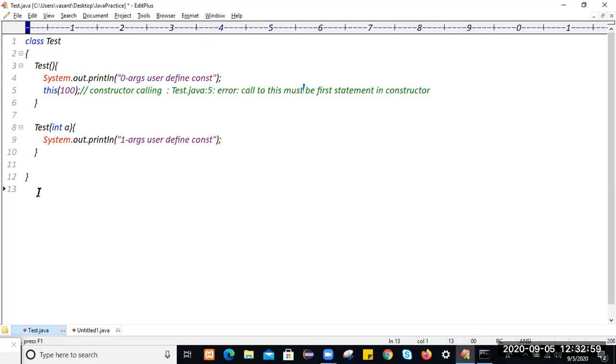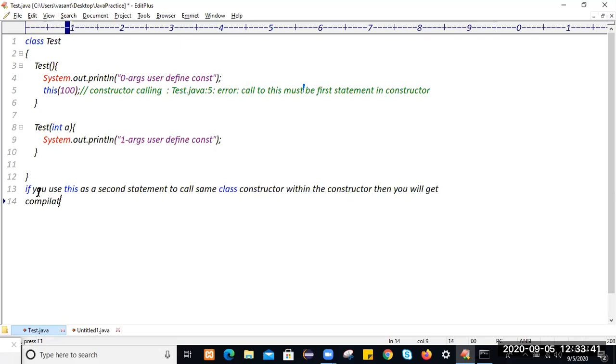If you use this as a second statement to call the same class constructor within the constructor, then you will get a compilation error.